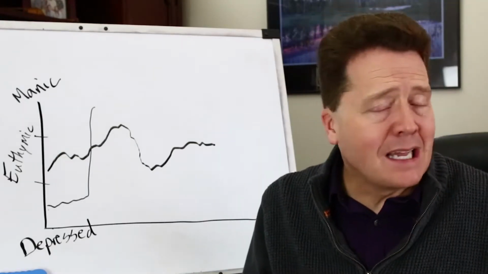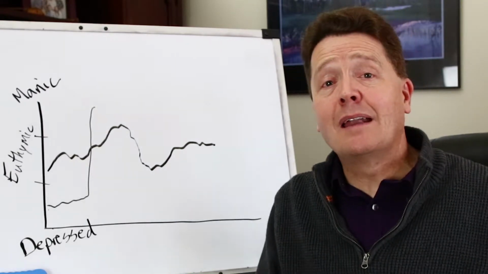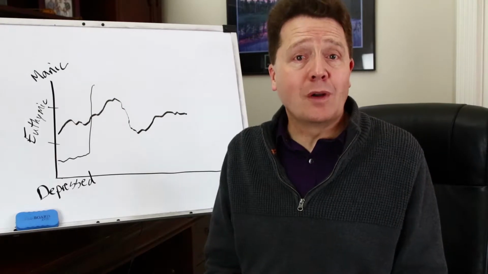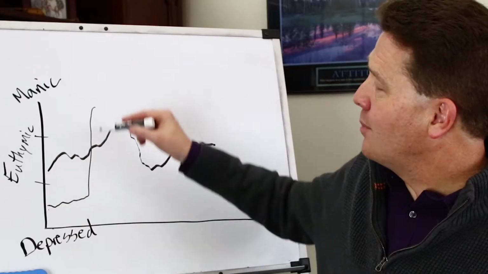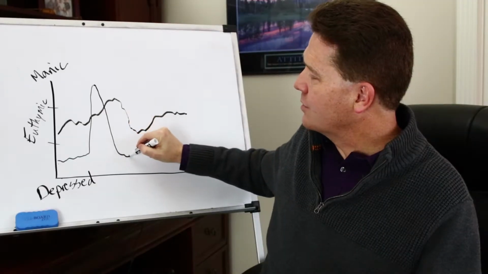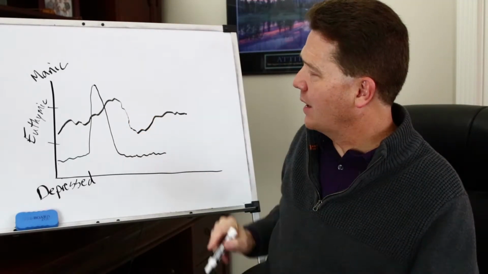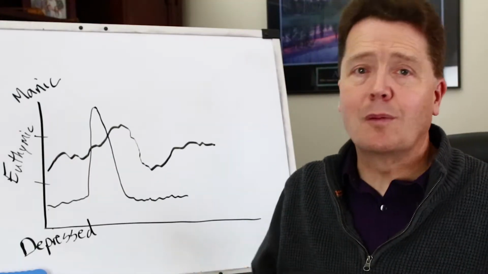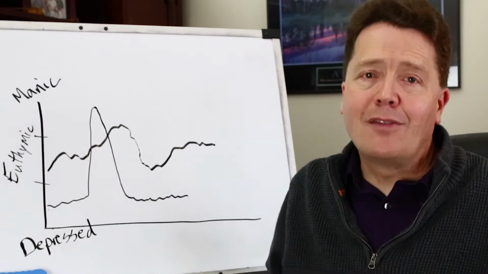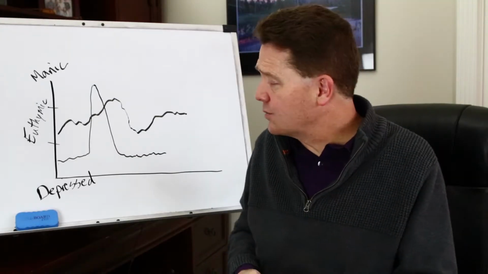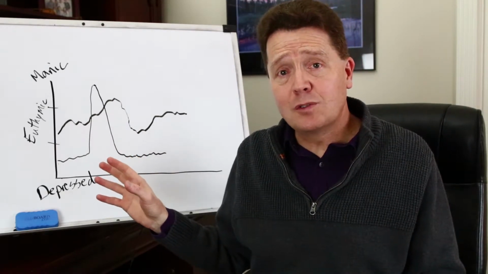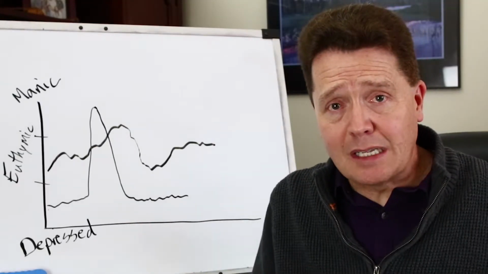So mania is not happiness any more than depression is sadness, okay? Happiness is part of a normal mood range. I'm talking extreme. In a bipolar depression, there's at least one manic episode and then usually a return or a crash back down here to the depression state. Bipolar, meaning that there's two ends to that spectrum, the mania and the depression. There's a lot of different kinds. We won't go into all of them, but I think you get a sense for what we're talking about with the mood spectrum here.